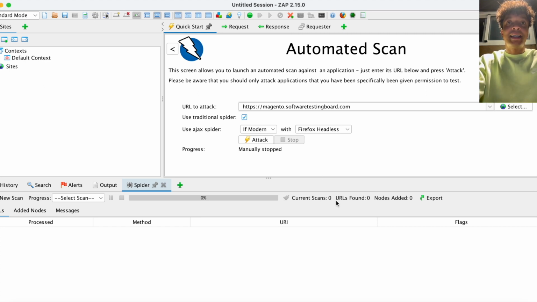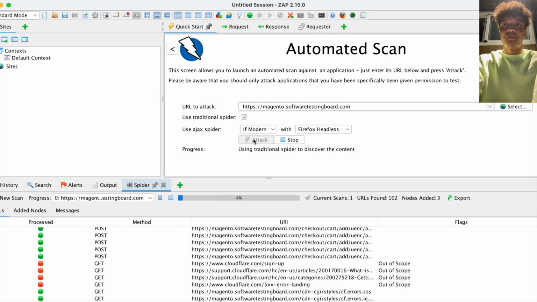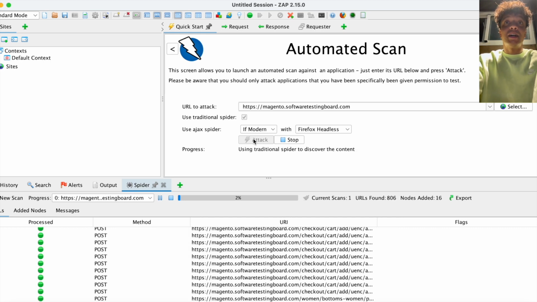Before I hit the attack button, let's talk a little bit about what happens during an automatic scan. OWASP ZAP can basically simulate real cyber attacks on web applications to identify vulnerabilities. It acts like a cyber attacker, but in a controlled manner to help us strengthen the security of the application. Remember, launching an attack like this without permission can even be illegal